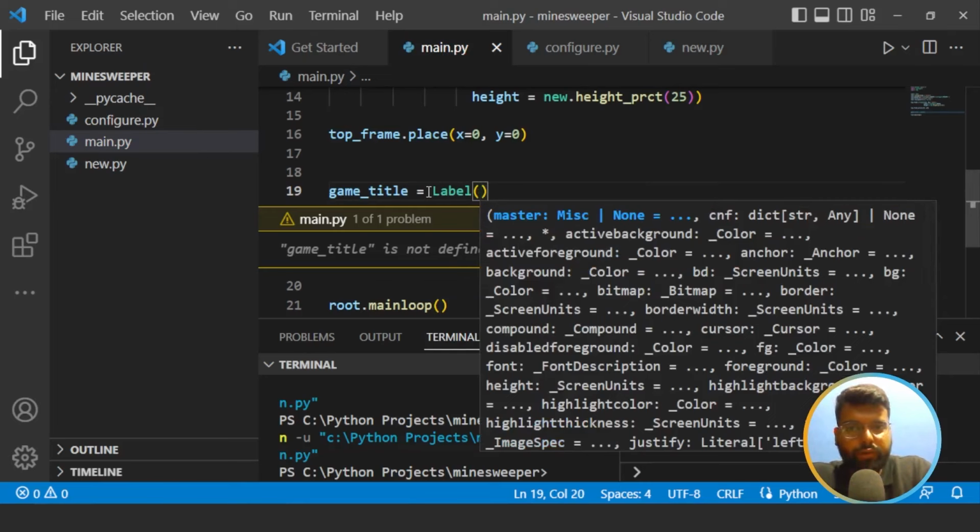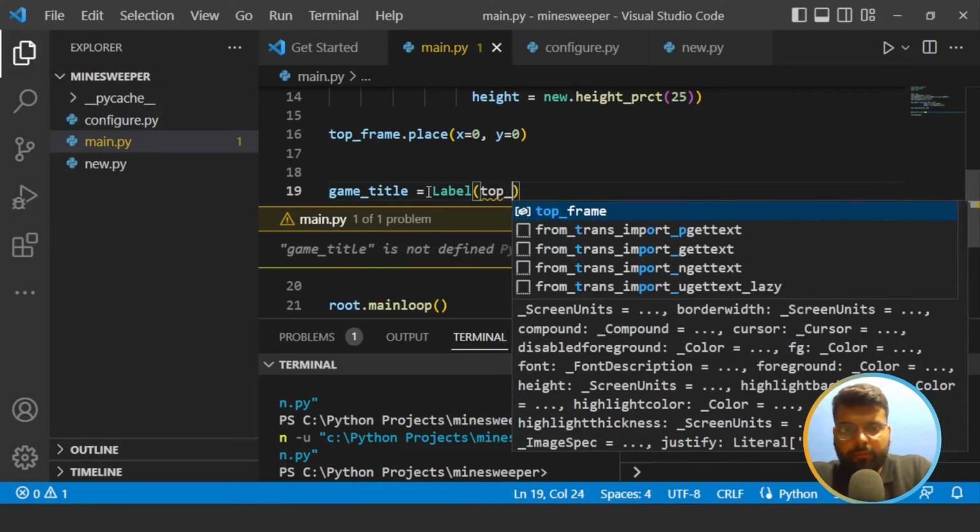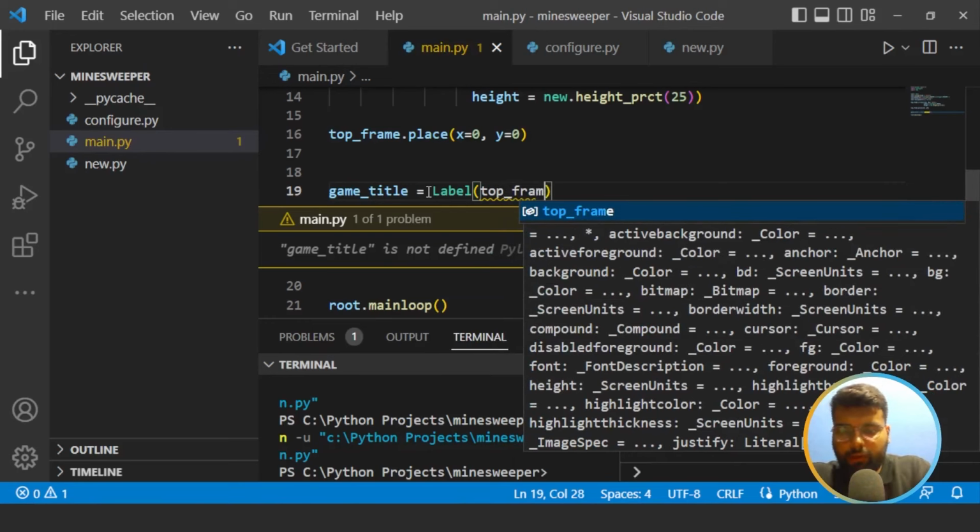We have used the label widget here, that is capital L A B E L, and inside we would pass the top frame, that is the variable in which we have created the frame. So we have passed it so that the label should be shifted on to the top frame only. And after top frame we will pass bg, that will set the background color for this label, and